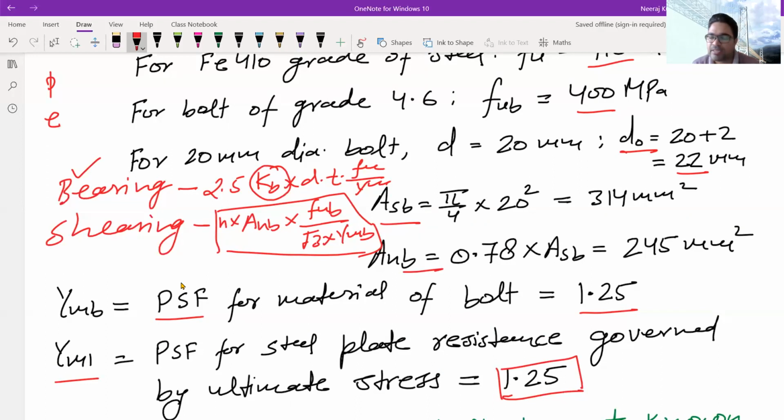From experience we can assume that the shear strength of the bolt is in most cases the governing factor, which means in most lap joints the bolt strength is governed by shear. Bearing strength will mostly be higher than the shearing strength of the bolt. That is why we take the least value of bearing and shearing as the strength of the bolt, and we will assume that in our case also the shearing strength will be the governing factor.